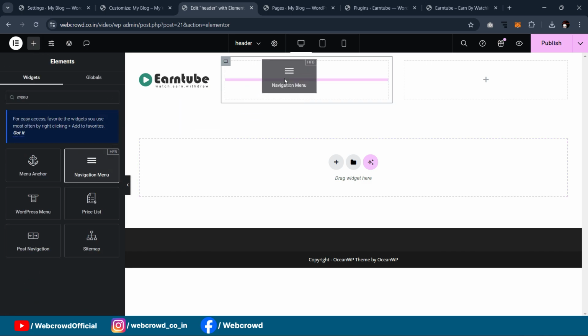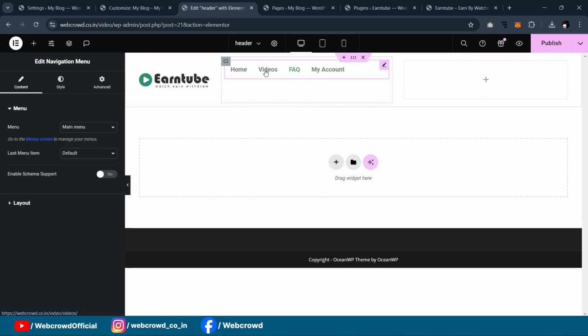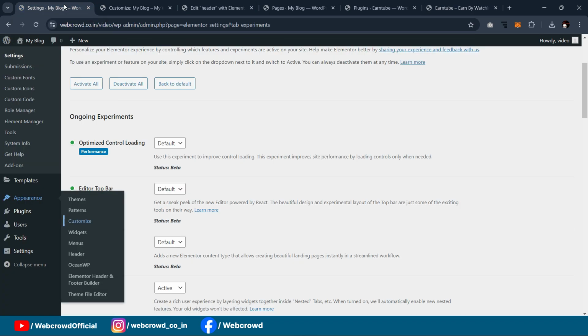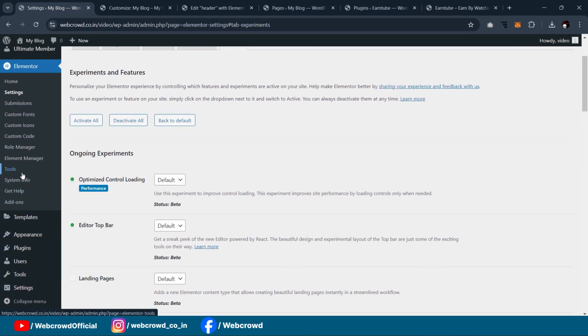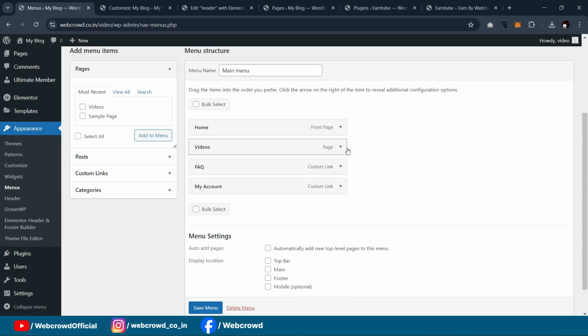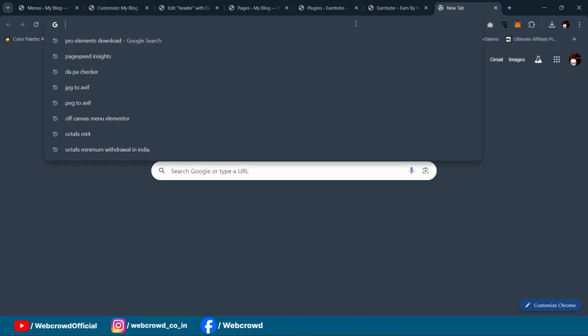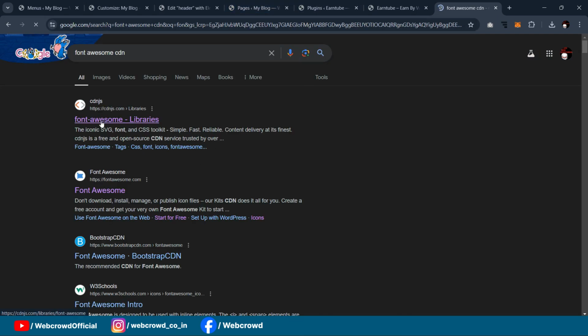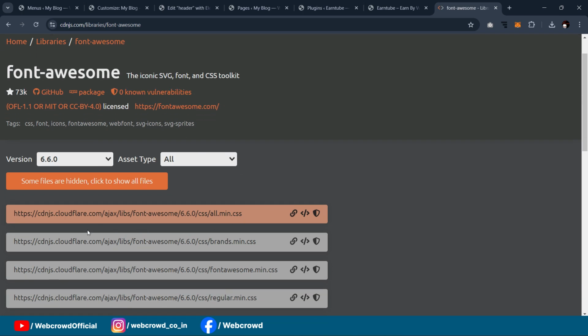I will use this navigation menu. Okay, before doing this, if you observe, we have logo just beside this text. So let's bring that logos. For that, just open your menu. We have to add a CDN way for the icon, which is font awesome icon CDN. Okay, font awesome CDN, search for libraries, and here